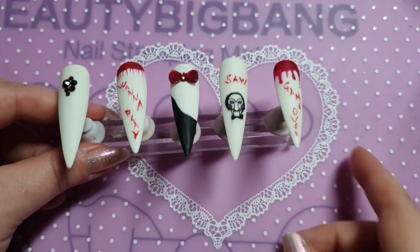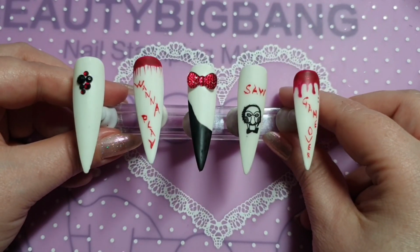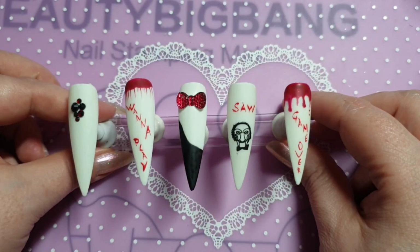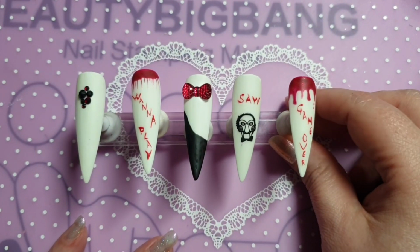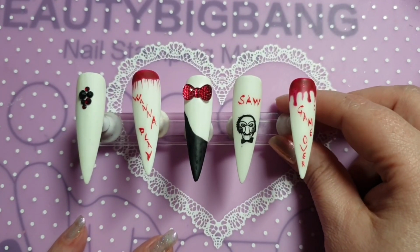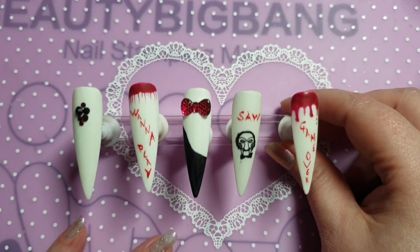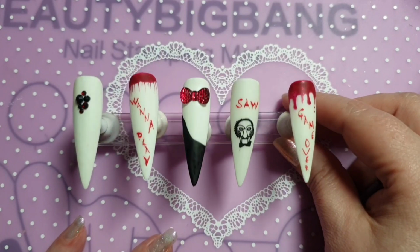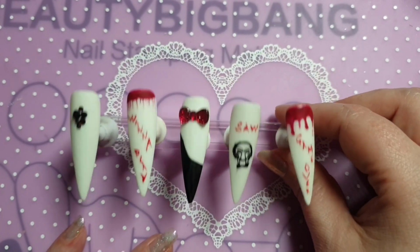So what do you guys think? I know it's really simple, but I just kind of wanted to keep it simple because if you were going to go as Saw, and if you've seen the films, which are some of my favourite films, then obviously you will know. I will probably go over these in